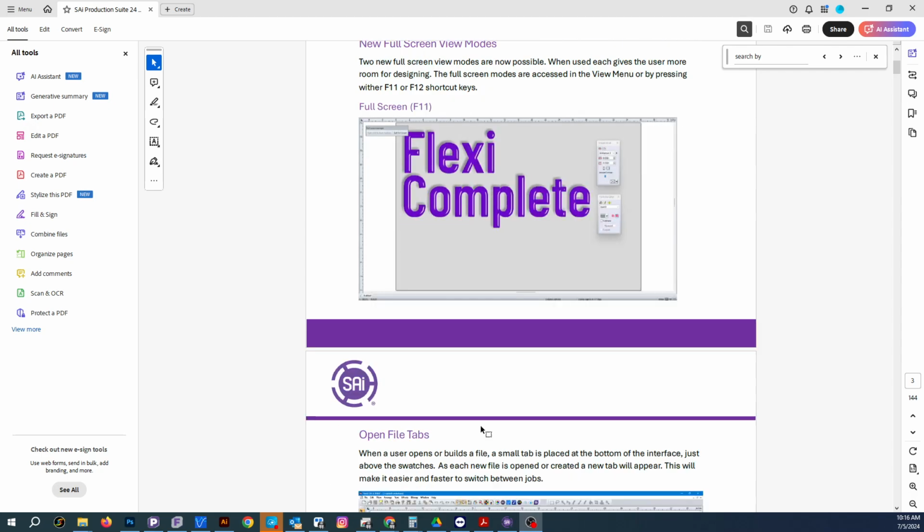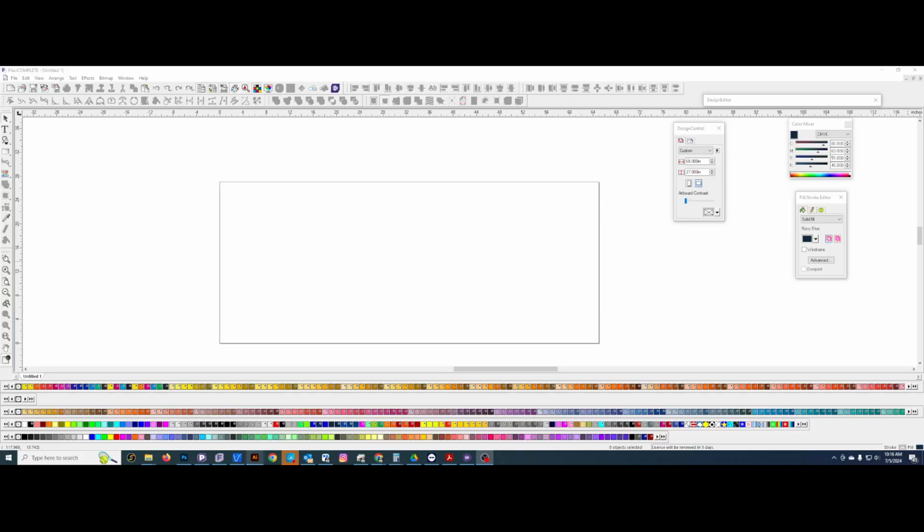Let me move back to the PDF. So, full screen mode. That's a feature that they say they've rolled out, but in this version of Flexi it does not work. I wanted to show you that, but I don't want to show you my software ID. So it should be somewhere over here. It's not. F11 and F12 are the keys for getting in and out. I'm hitting F11, hitting F12, and nothing's happening. So they've got some work there. I'm not sure if it's my install or what, but it doesn't work. All right, moving back to